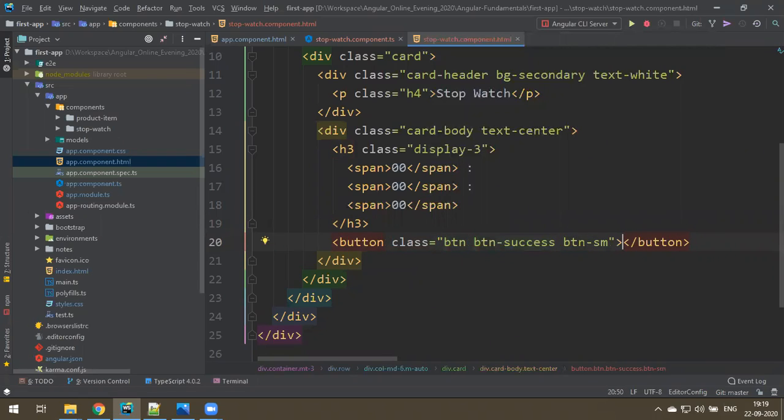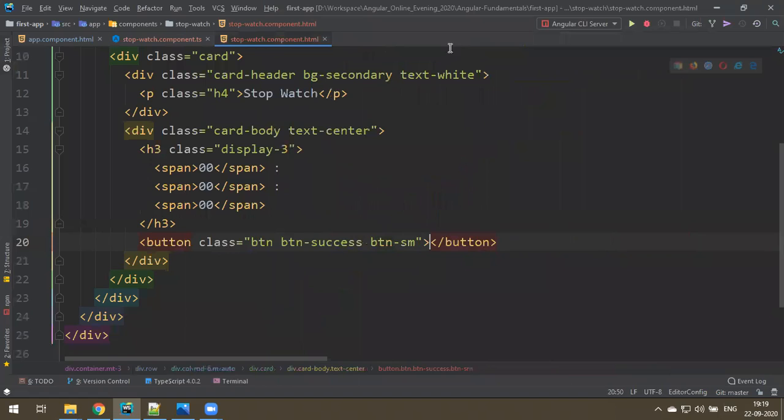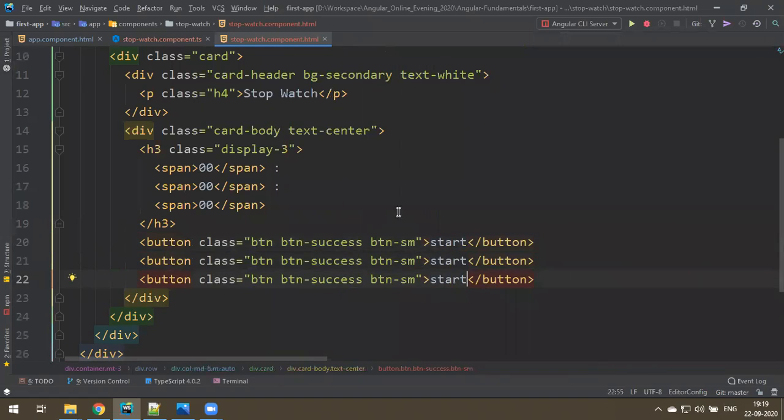I'm going a bit faster in typing the Bootstrap code because that's not much important, because you can use normal CSS or Bootstrap, but our concentration is mainly on Angular. So I don't want to explain much on this Bootstrap setup. Okay, start. So start, stop, reset.